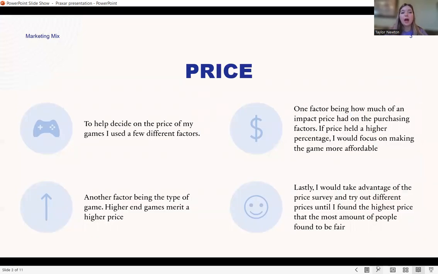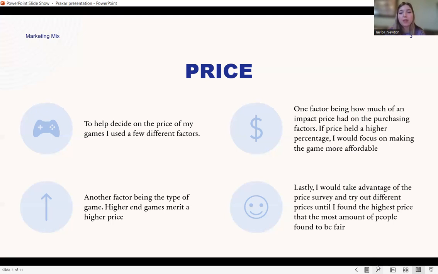Additionally, for price, to help me decide on the price of my games, I use a few different factors. One of the factors being how much of an impact the price had on purchasing. So, if price held a higher percentage for that group of consumers, I would focus on making the game more affordable to make the game more appealing to that target audience. Additionally, after I would make some product decisions for the game and find out if the game was a higher end game or more middle market, that would also help me decide my price,